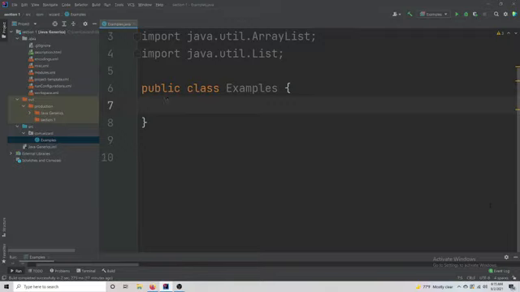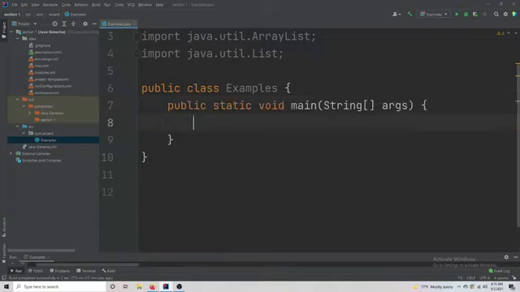If you have a computer, you can go on and type. It's good to practice as I'm teaching. So let's start by creating a method. The public static void main is the method, and you can see that it carries an array, and also we have an argument over there. So let's start by